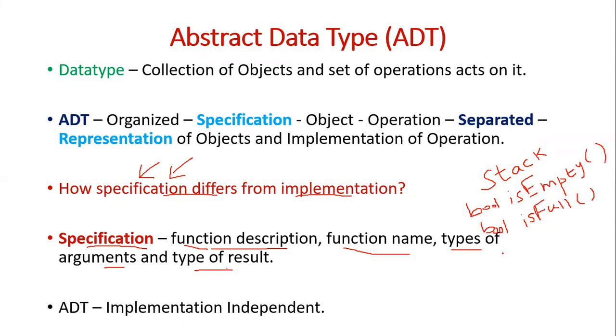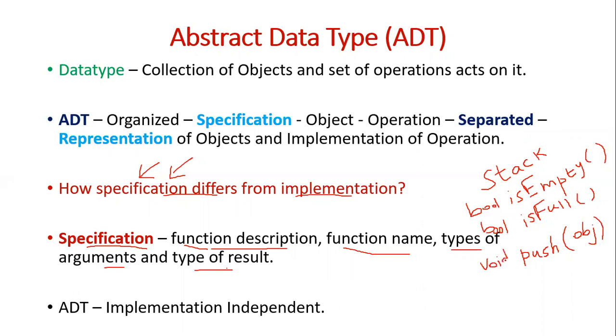And then maybe a function called push. It may take one object as input, depending on the stack type. If this is a stack to accept integer values, it will take one integer as input. So let us keep it generic, some object as input. It will push that object into the stack. Does it have any return type? No, it just performs the push operation.